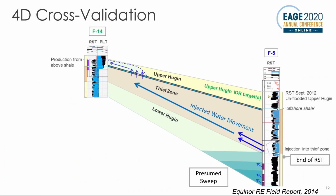This scenario was confirmed using production logging. Here we show a producer-injector pair with a schematic of the reservoir architecture. Production logs for two wells are shown. At the producer, we see from the saturation log, left, that sweep, blue replacing black, has been effective from the